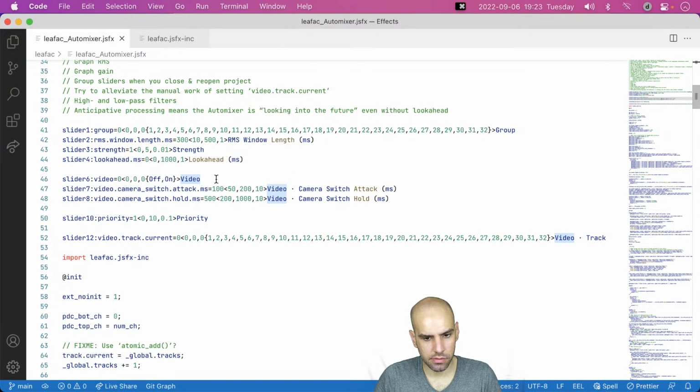So we have attack and hold. Let's have, oh, I guess I will put one of the separators here.